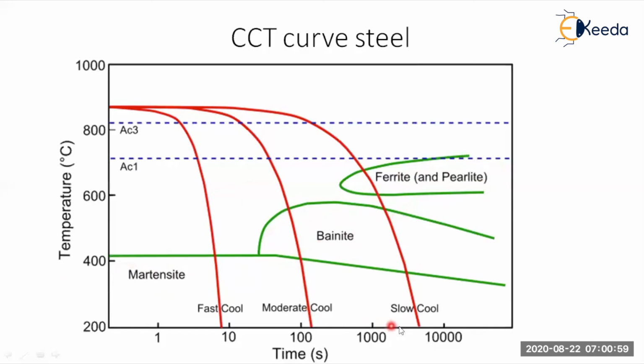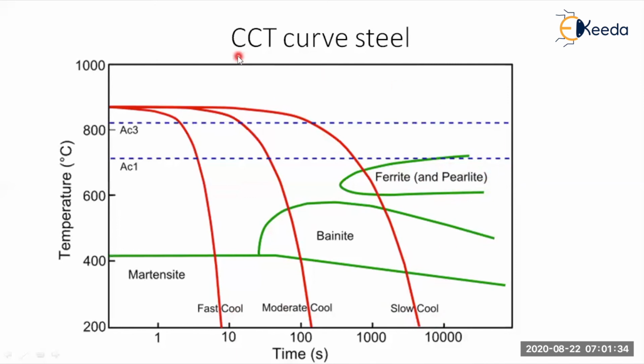Now observe the third line here. This is by slow cooling. Obviously, by slow cooling, you will get the very, very fine structure, that is very, very soft structure, which is represented as pearlite. In general, it is a ferrite structure. If you observe under a microscope, you will get a fingerprint type of structure. If you observe a fingerprint structure, you can say that the material has undergone slow cooling.